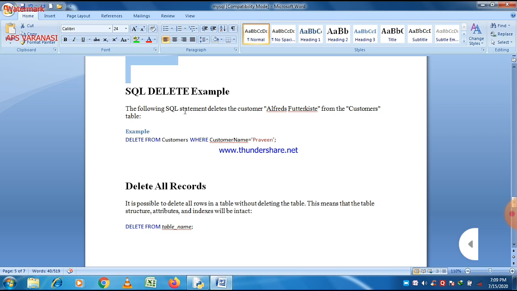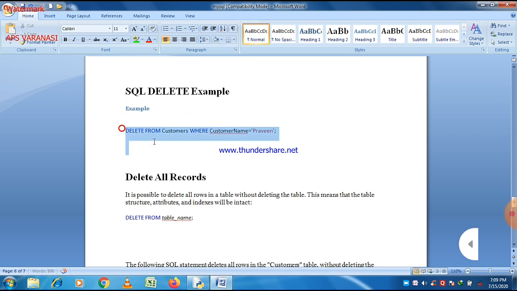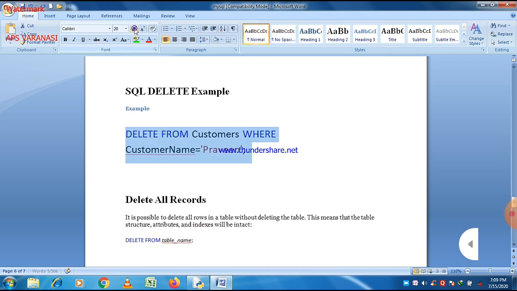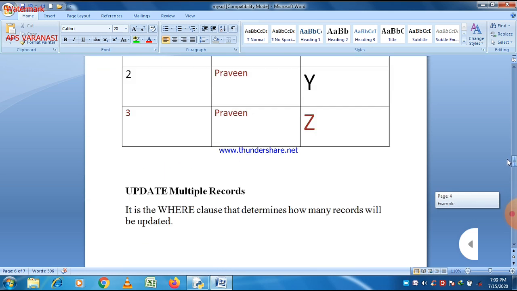Delete from customers where customer name is equal to Praveen. Delete is the keyword, from customers where customer name is equal to Praveen. A simple query is here.